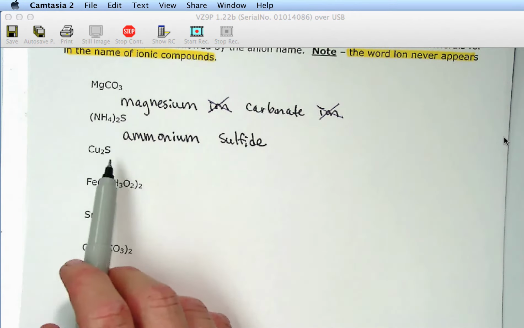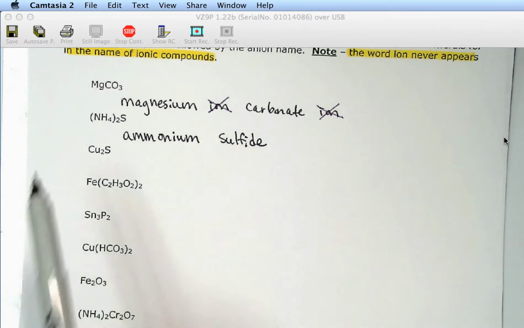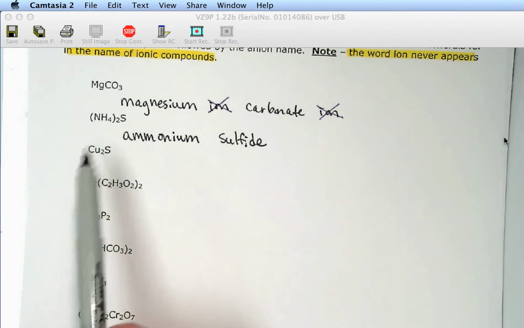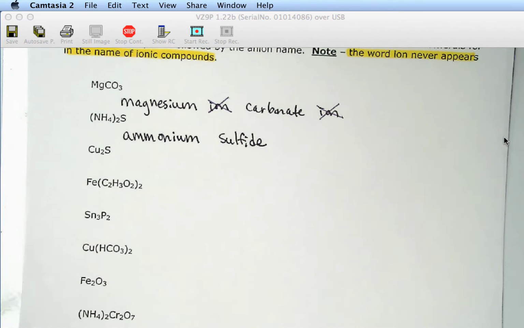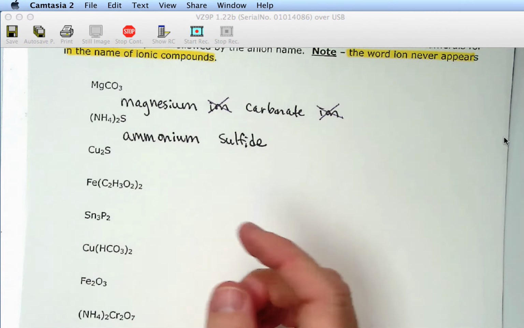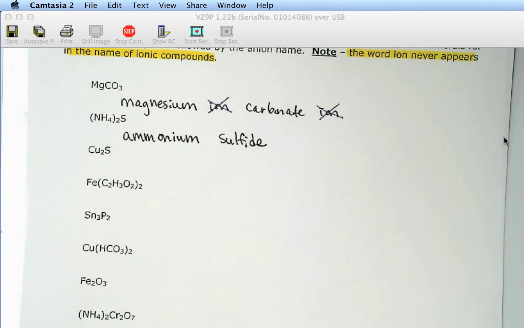Okay, so if you see a metal, your metals are going to be listed first. If it's a transition metal, this is when that alarm should go off in your head. Ding, ding, ding. I need to have Roman numerals, or I need to use the -ous and the -ic. Now, if I had this on a quiz as a question, you could put a Roman numeral, or you could do common. I have some students who love to do common. Any opportunity, they will do the -ous and the -ic. I have other students who will avoid it like the plague.